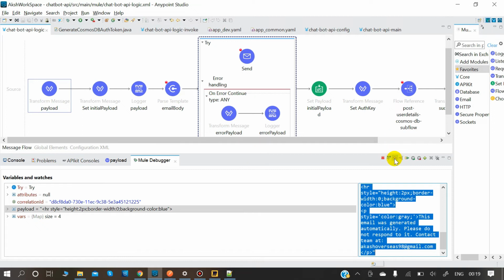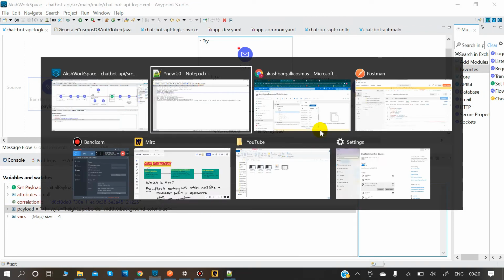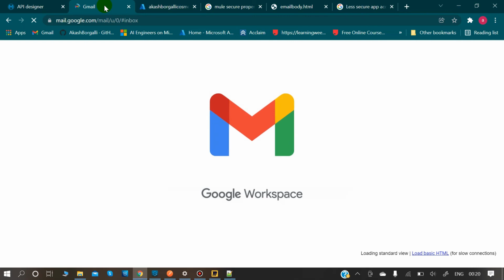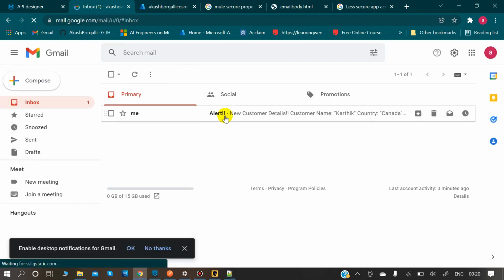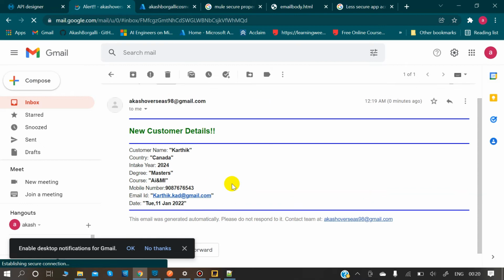Now going ahead, now it would send the email notification to us. Hope the payload gets changed. Yes, so I guess it has been sent. So let's check our email just to see whether we have received that email notification or not. Yes, as you all can see, a beautiful email that has been sent to us saying that new customer details.